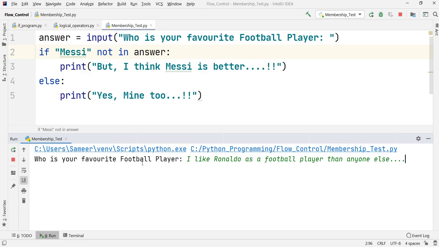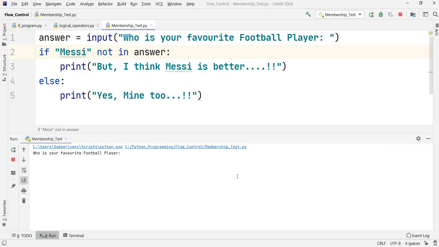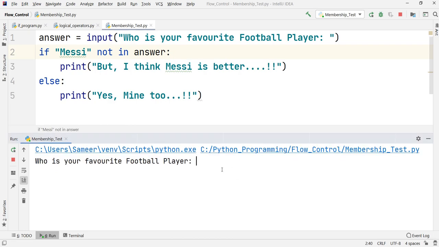I have intentionally put that bigger sentence so that you know how this works. By mistake I have messed up something, so let us stop this program and run it again. Let us put that sentence again.